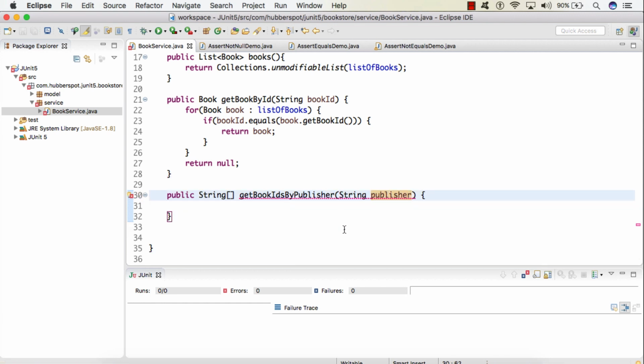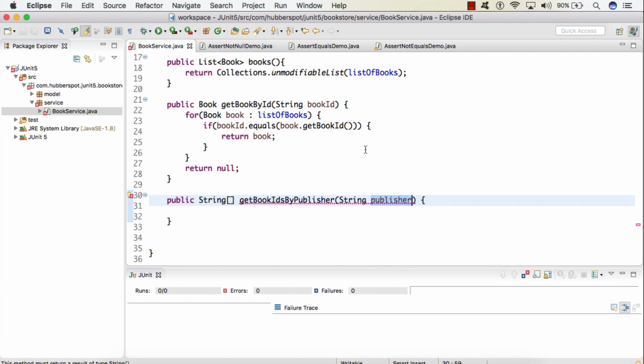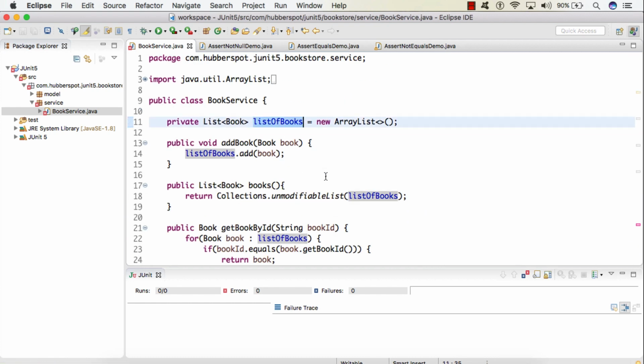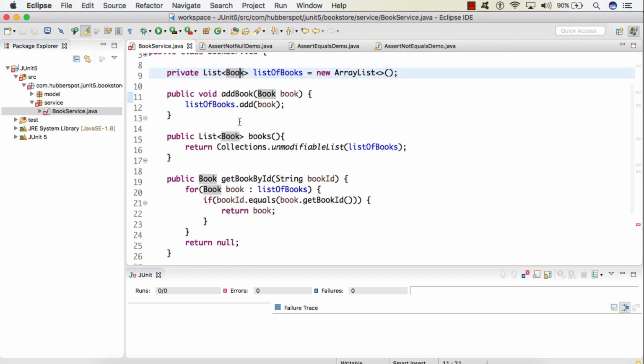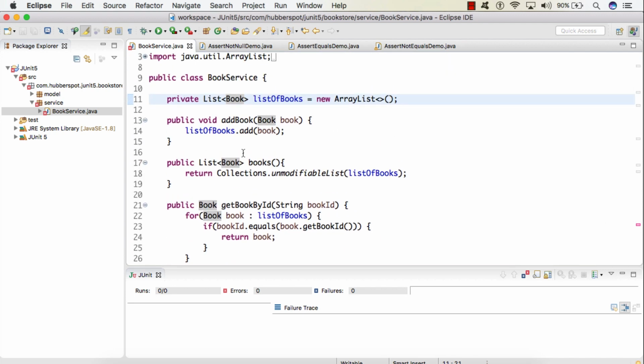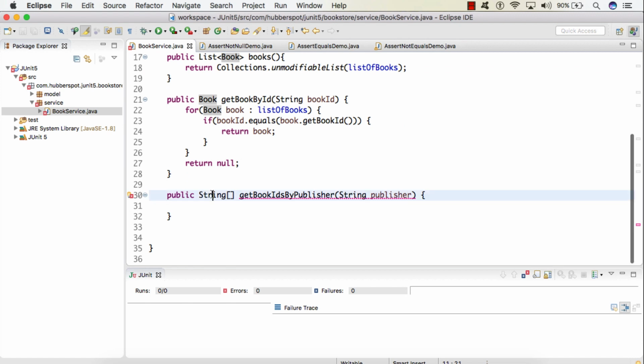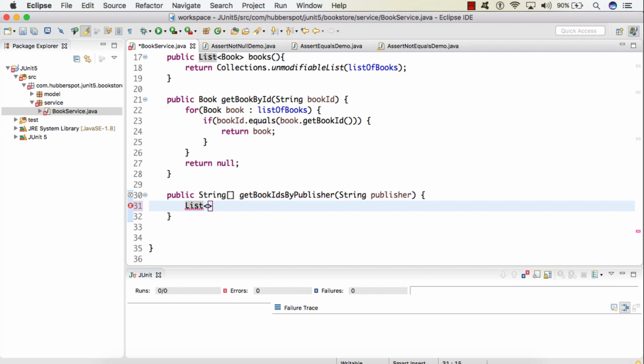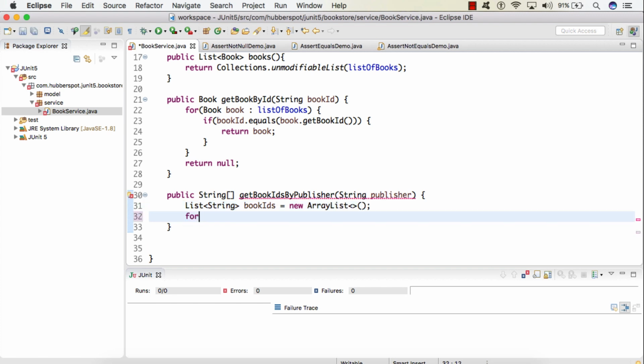What this method will do is take a publisher, search the list of books, and whichever book's publisher matches, it will take its book ID, store it in an array, and finally return a string array. So here let's say we create a list of strings. We'll give it the name bookIDs. Now we'll provide a for loop and iterate over the list of books.